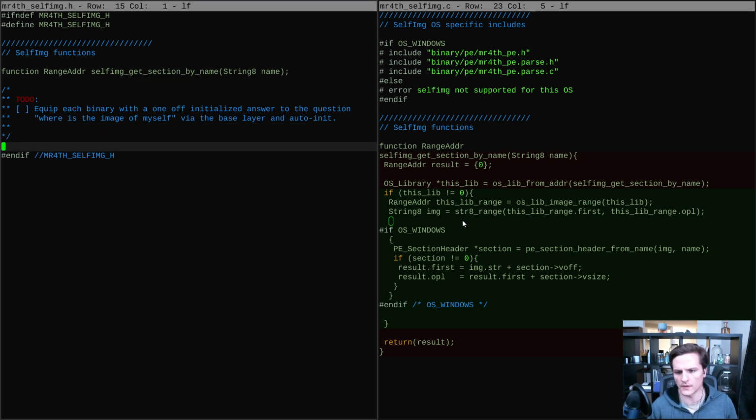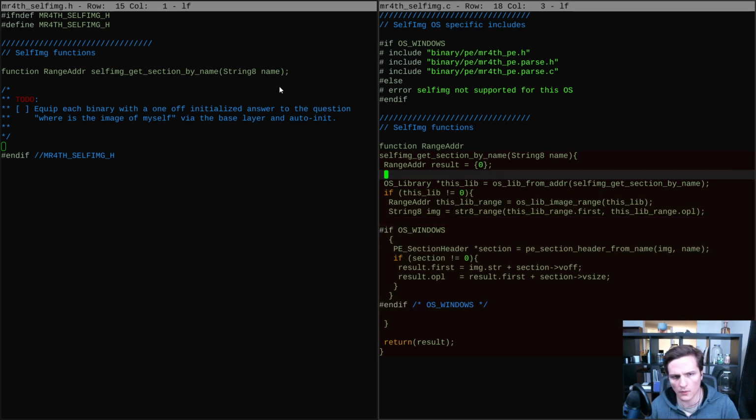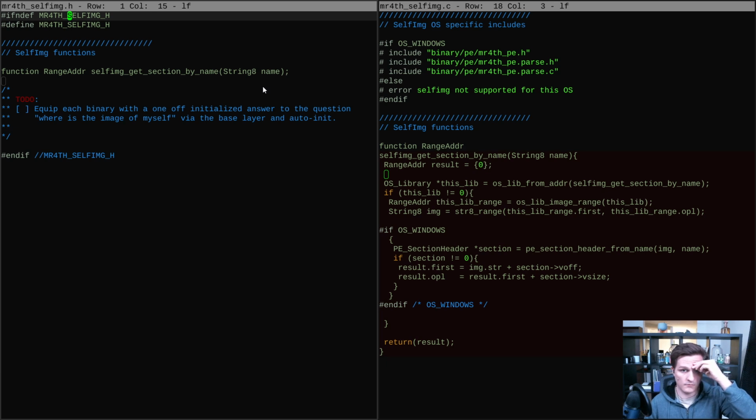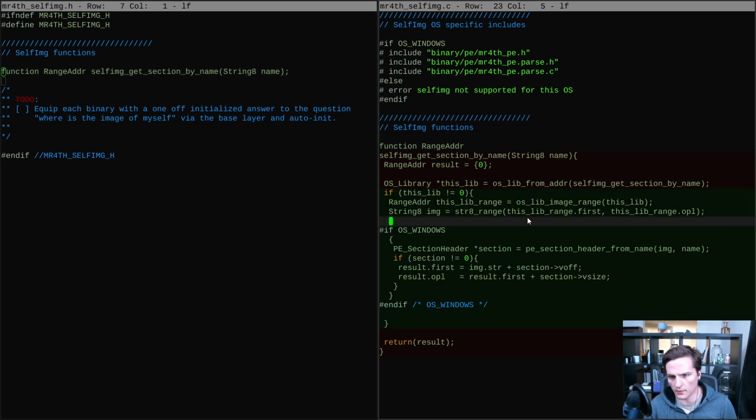Actually, you know what? I'm not even going to write this one as a to-do. I'm just going to apply this cleanup. I think what we're going to do is, instead of thinking of this as the self image, how do I want to put this? All I want this to do when I'm done with it is start from here. So this whole bit will be excluded out,